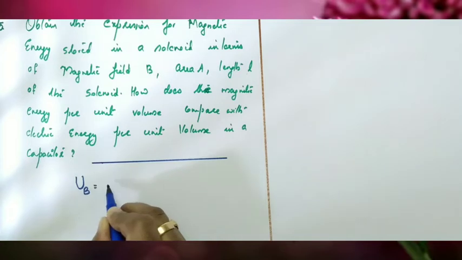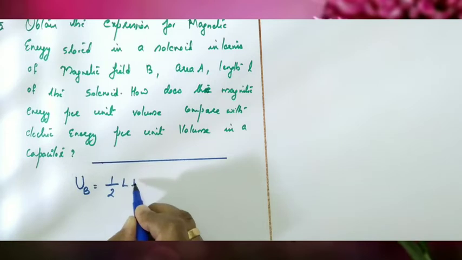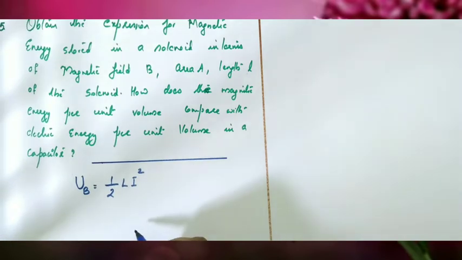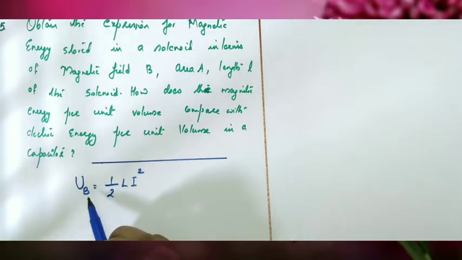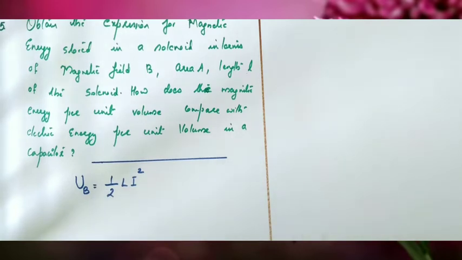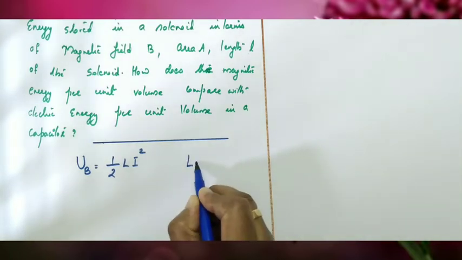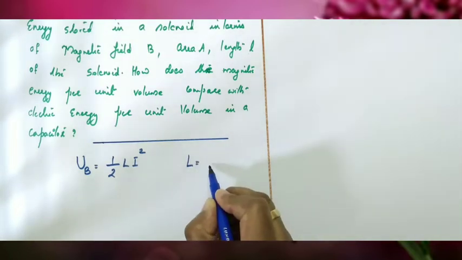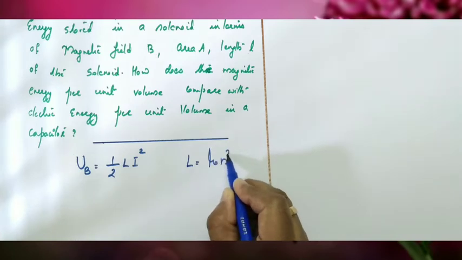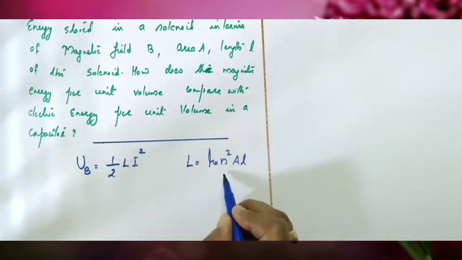UB equal to, what is the energy stored in a solenoid? We have half Li square. Energy stored in a solenoid or energy stored in an inductor is in the form of magnetic energy, and the energy value is half Li square, where L represents the inductance and I represents the current. And we have L. What is the formula for L? Self-inductance of a solenoid is mu 0 n square Al, where small n represents the number of turns per unit